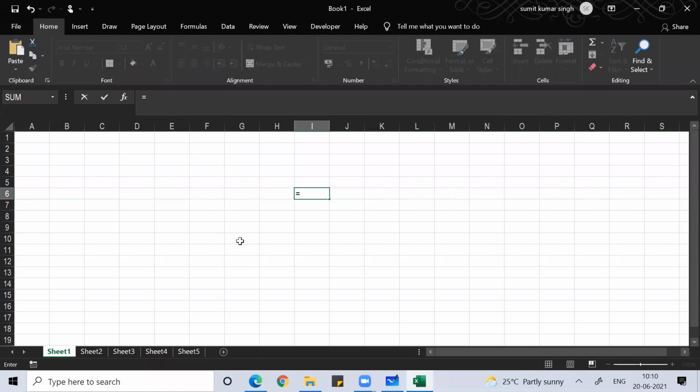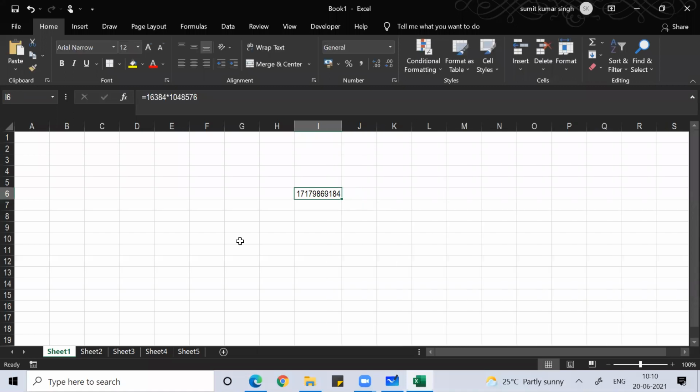To count the number of cells, the total number of columns is 16,384, and the total number of rows is 10,48,576. So when you say matrix, you have this many rows and this many columns. What is the order of the matrix? Probably this is the order of the matrix. If you cannot understand this number, you can put commas here so that you can make an understanding of this number.